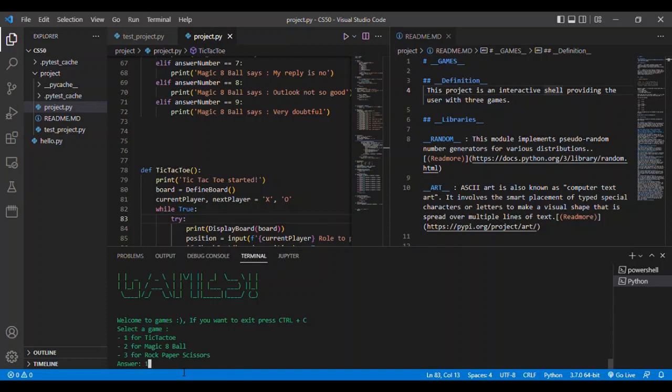So let's enter 1. Now he will be able to play the tic-tac-toe game. This game is a game of 2 people. Now it's X's turn to play. The X has chosen the position of 1, so the position of 1 will be filled with X. Now O will select 5, X will select 9, O will select 4, X will select 6, O will select now 8,